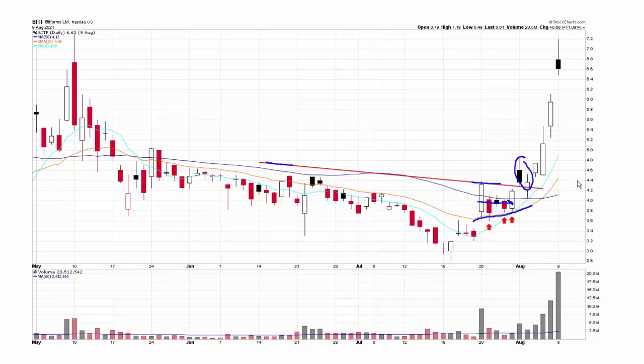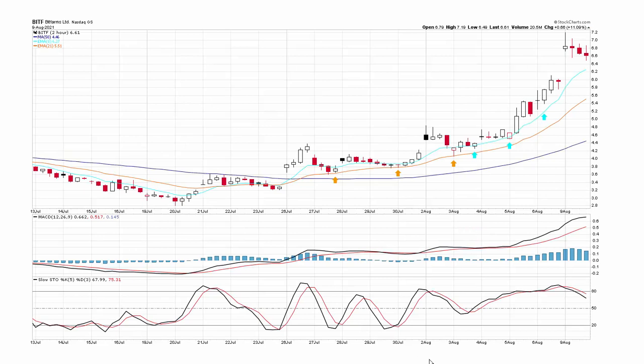All right, so let's zoom in with this chart and see what I was looking at as it developed. Again, here's the 2-hour chart. A couple things I want to point out: we have support at the 21, support at the 21, support at the 21, and then we get support at the 8, and then it rides the 8 all the way up. Again, what I call moving average handoff. As the upward movement accelerates, shorter and shorter moving averages will support the stock.